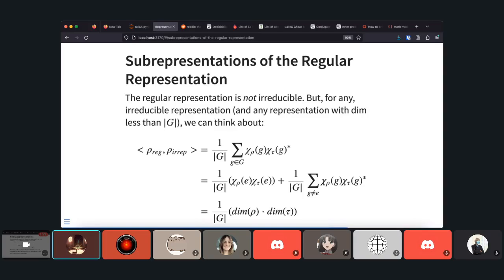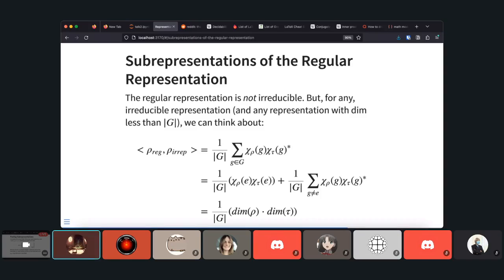But now we're getting to the big thing. The regular representation is not irreducible. It's nowhere close. But from this process that we built up before, if I have a big representation, then I can break off bits of it. It actually ends up being very elegant when you think about the regular representation, because if I have some irreducible representation,